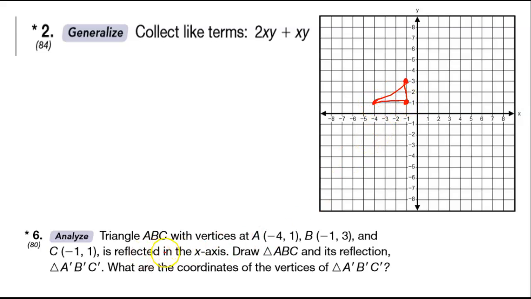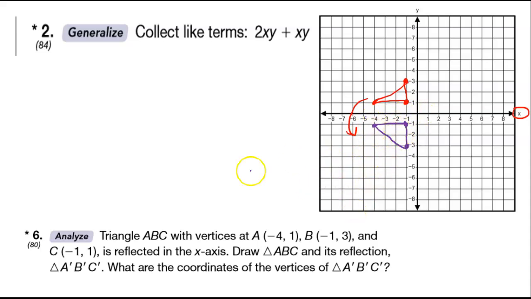It says that it's reflected in the x-axis. So this is the x-axis, so that means it's reflected this direction. So let me pick a different color. This is 1 above, so this is going to be 1 below. This is 1 above, so this is going to be 1 below. This is 1, 2, 3 above, so this is going to be 3 below. And that's my new